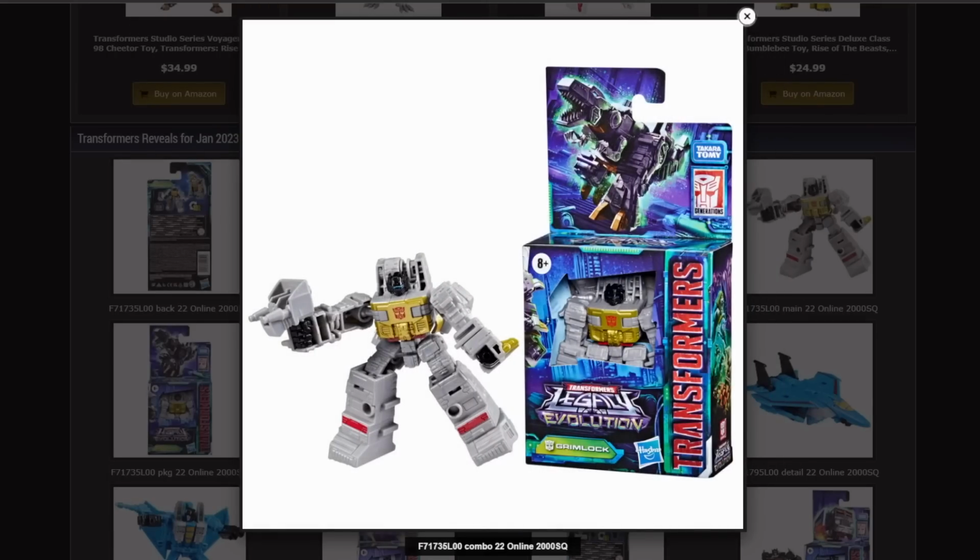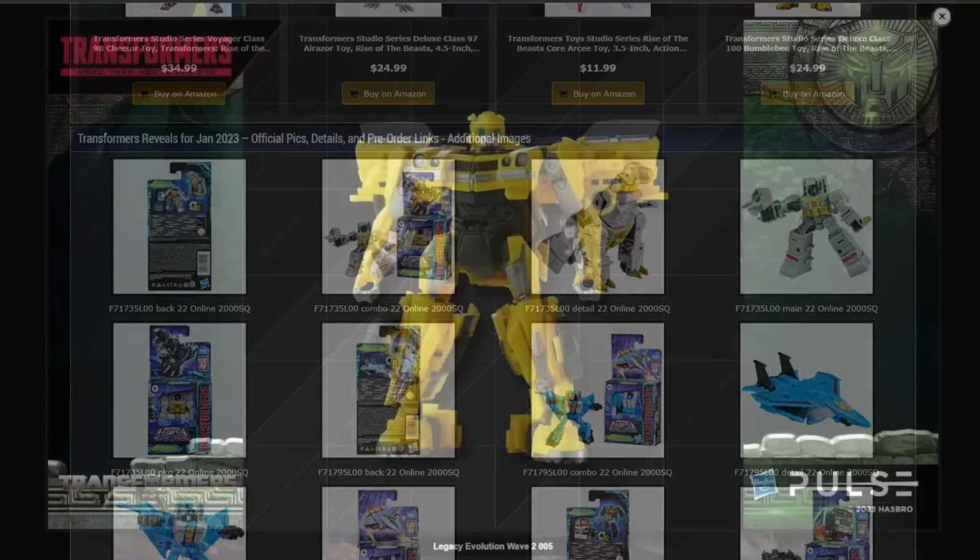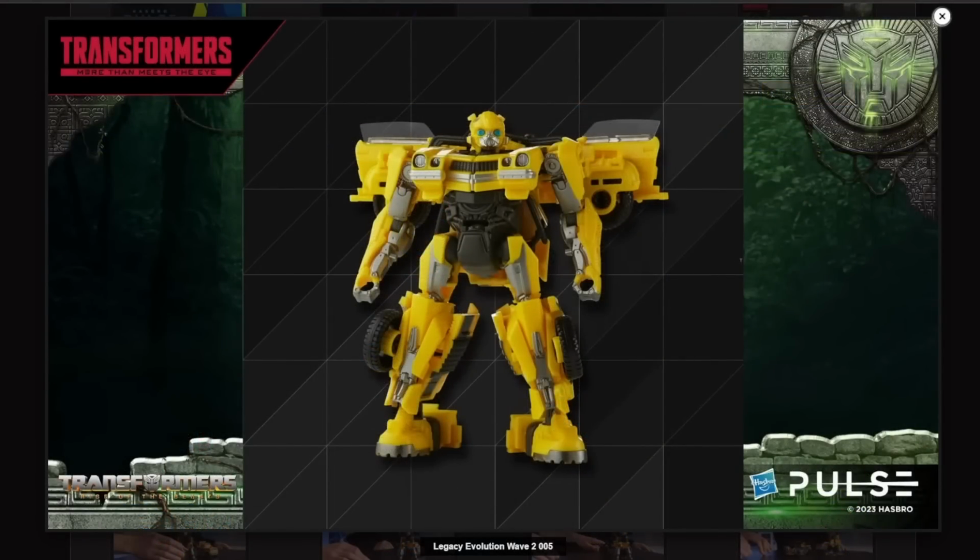And that's it for the Legacy. Now, let's talk about some Studio Series. All right, all of these Studio Series figures are going to be Rise of the Beasts for right now. We've got Rise of the Beasts Bumblebee in his